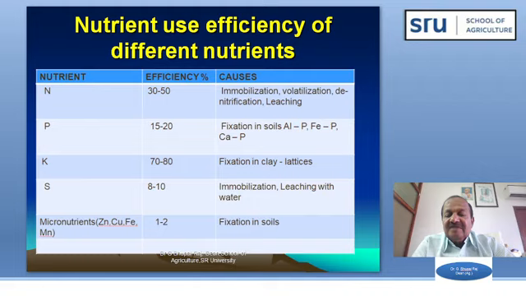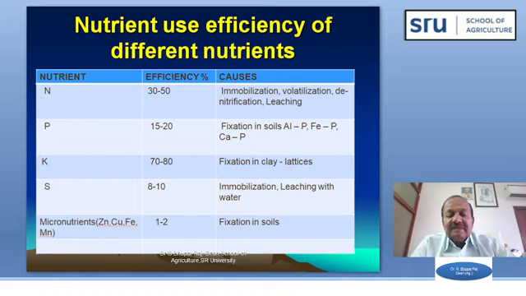Mainly it is because of fixation in the soils like aluminum phosphate, iron phosphate and calcium phosphates. So most of the quantity is fixed in the soils, so only 15 to 20% is available. Like that, potash fertilizers, if you take potash, the nutrient use efficiency is more when compared to the